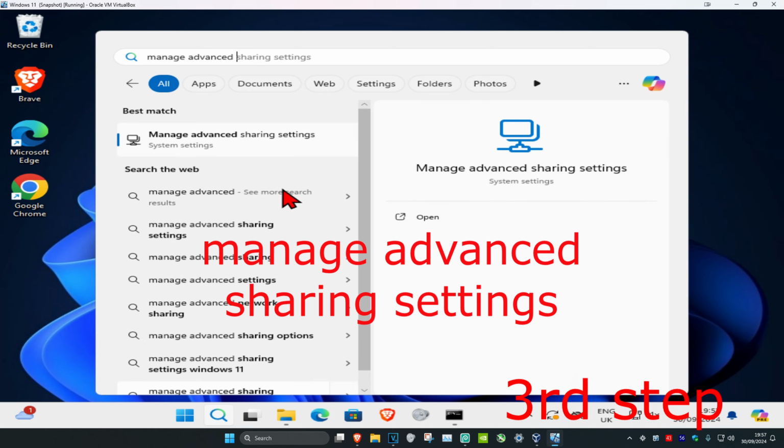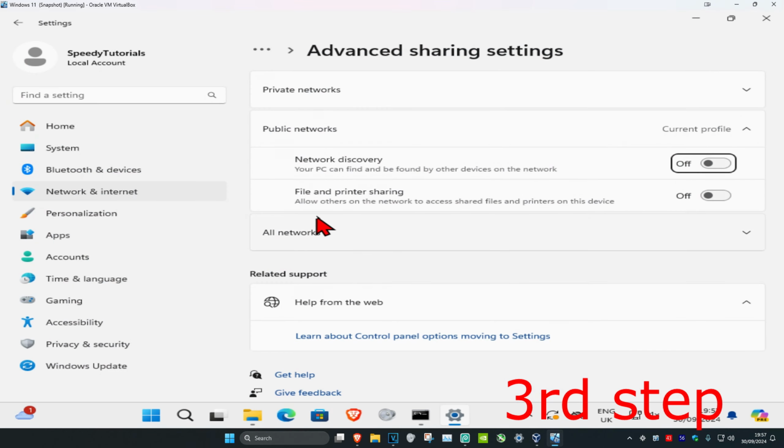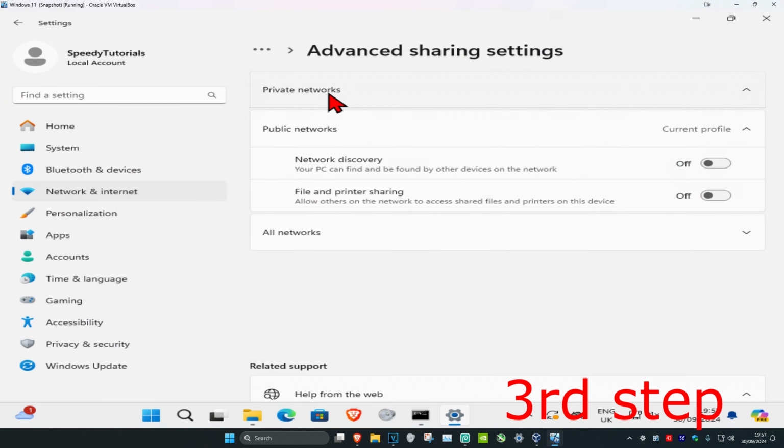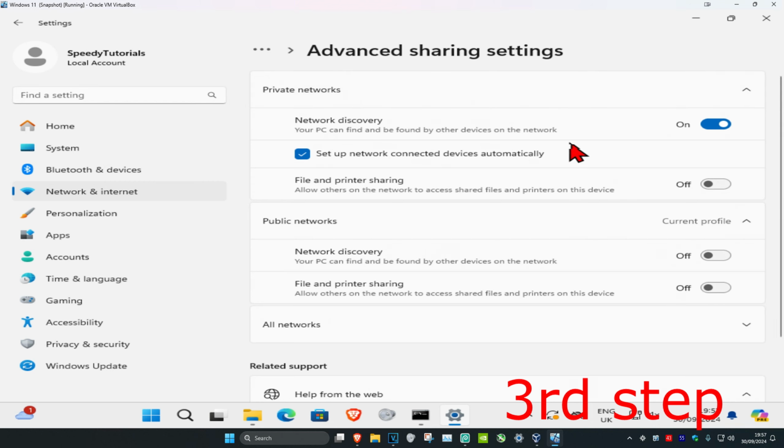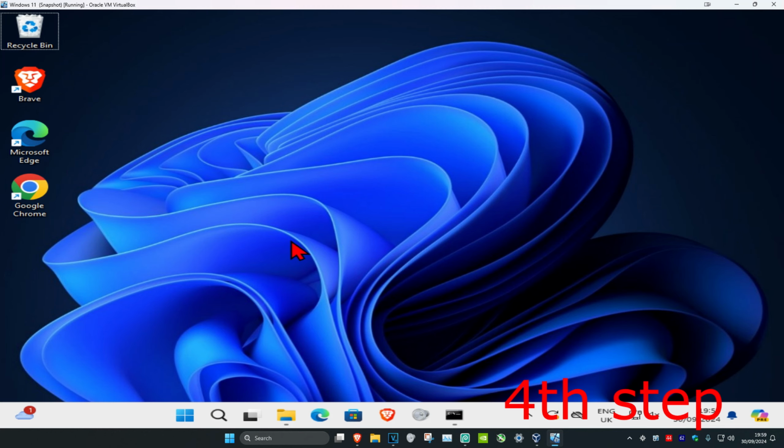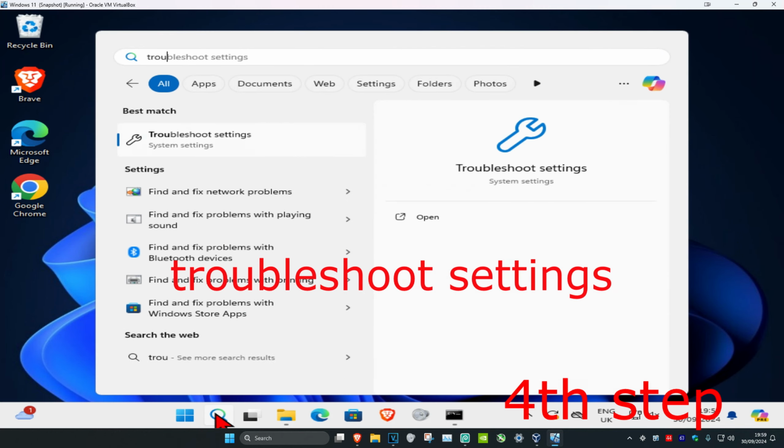advanced sharing settings. Click on it. And then once you're on this, you're going to expand private networks. Make sure you have network discovery turned on. And then you're going to tick set up network connected devices automatically. And if you came to this video because you're having file and printer sharing problems, then you want to turn this on. And now for the next step, you're going to head over to search again and type in troubleshoot